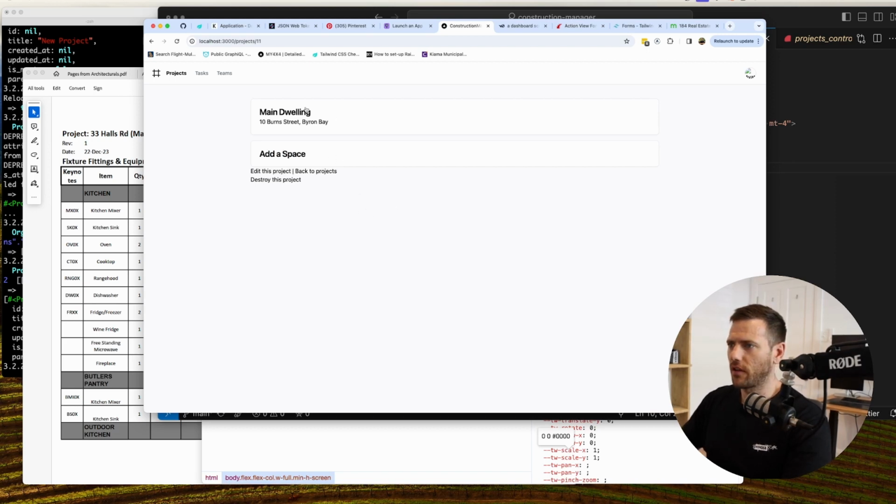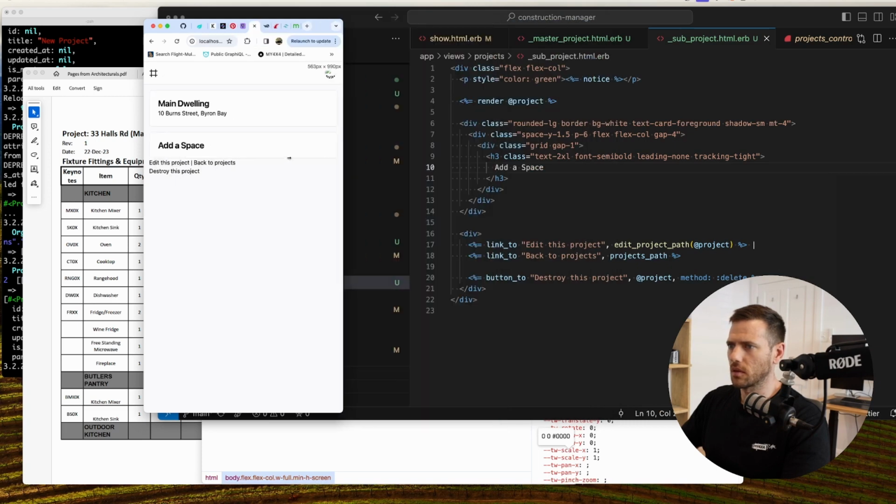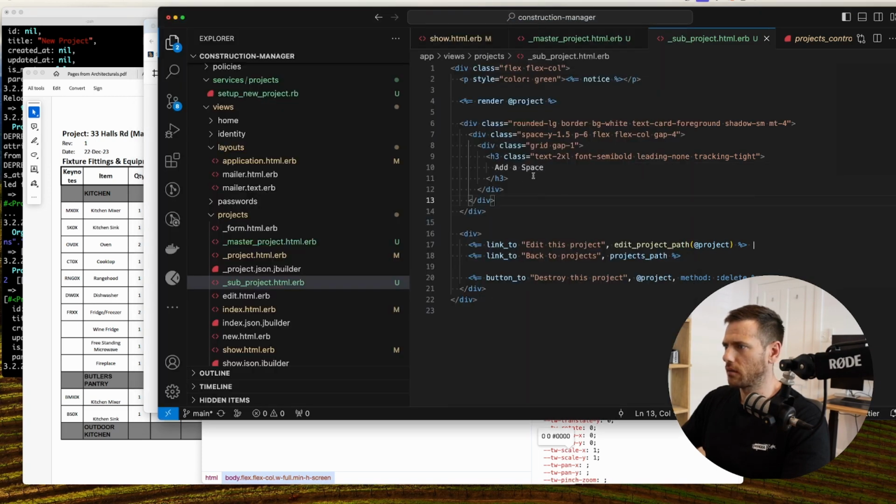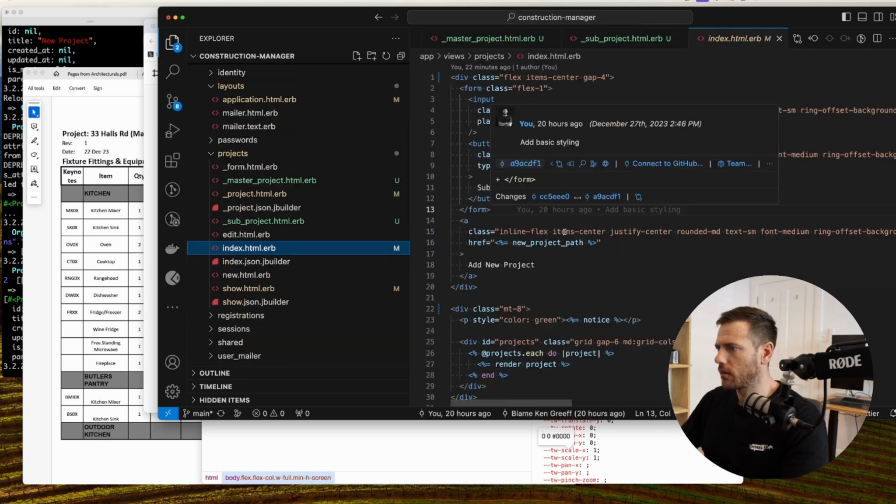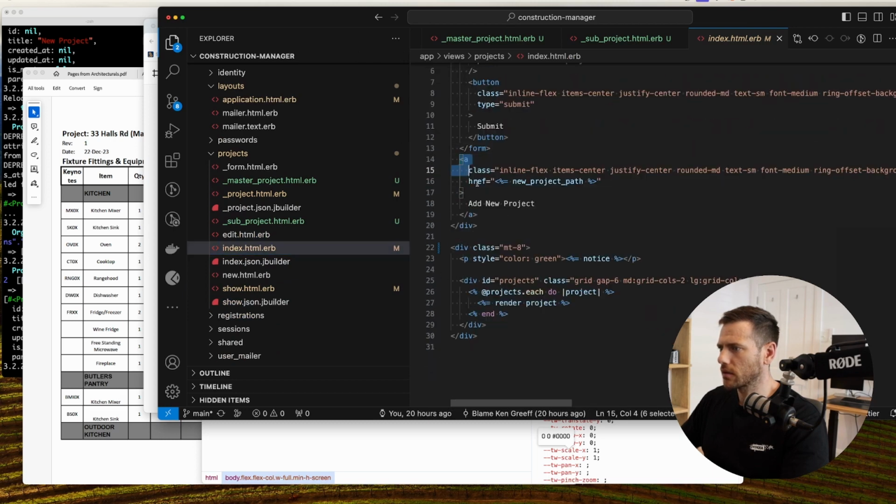So I want to have like the main dwelling, and then I want to have just a button down here that we can say add a space. Could put it in here. I'm just wondering about mobile. What does this look like? How do we make this look good? Let's create a link to create a new one. So where are we doing this? Add a project. Let's copy this guy